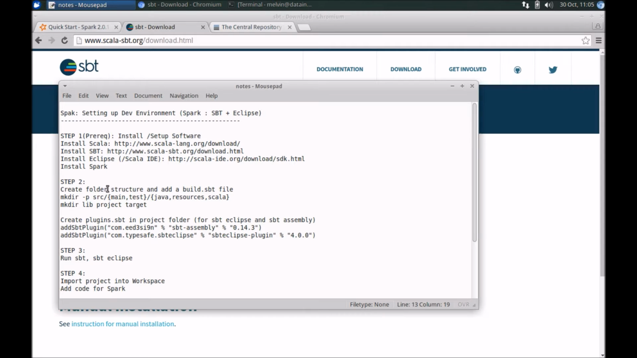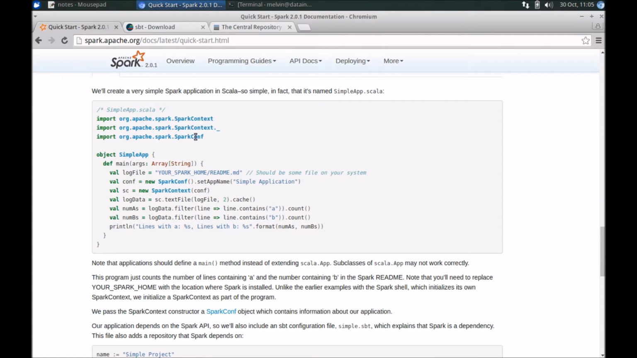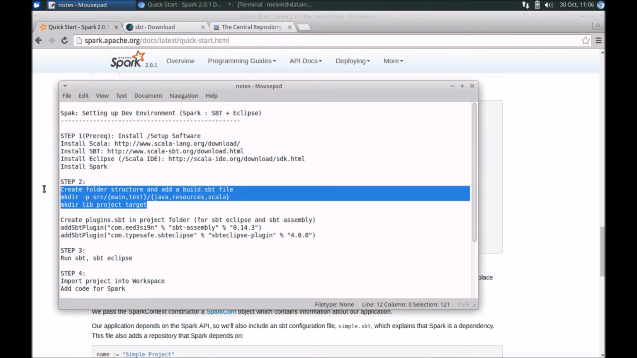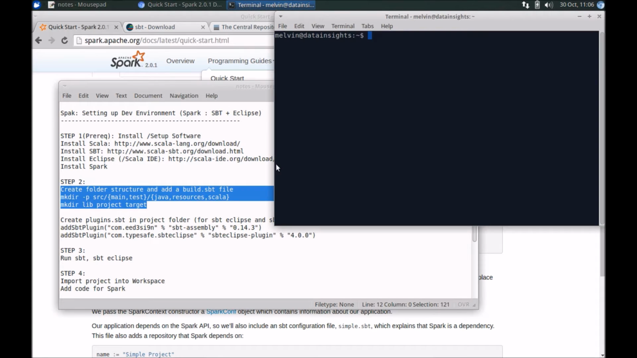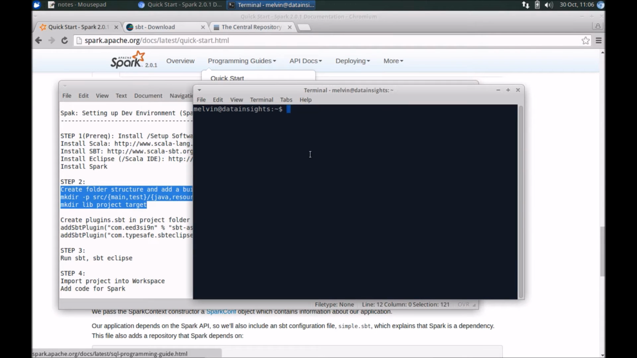For purposes of the demo, I'm going to use the simple app example that's already on the Spark website. This is really simple to follow, so I'll just use that as an example. What we need to do is create the required folder structures for that project. So let's go to a terminal. I'm creating it in my home directory, but feel free to choose a directory of your choice. Here I'll create a folder called simple app,